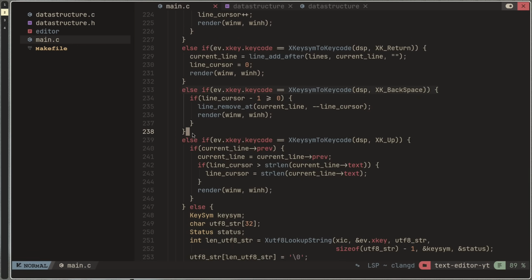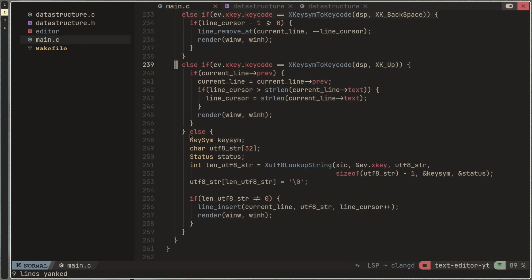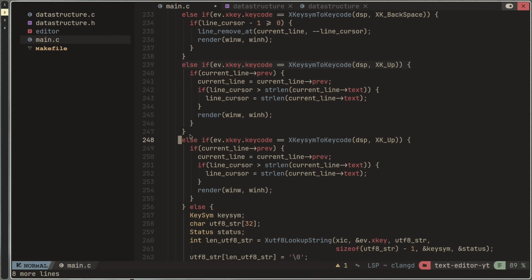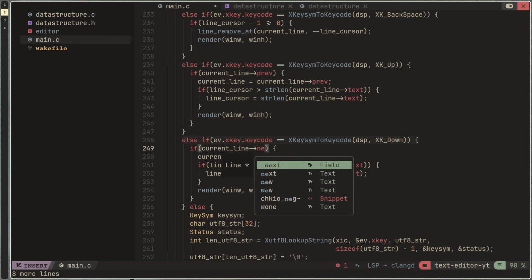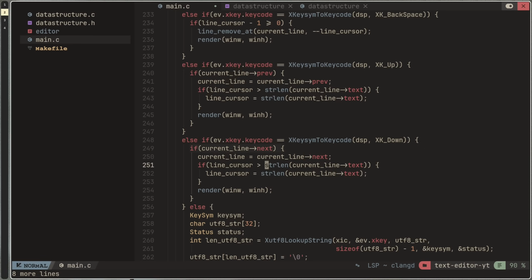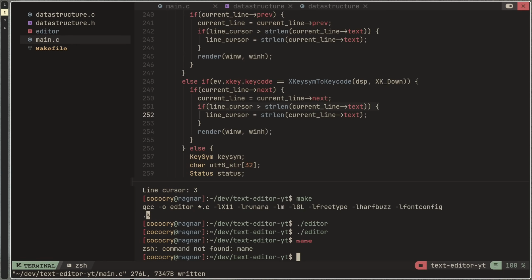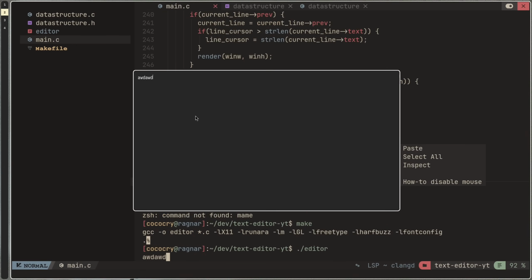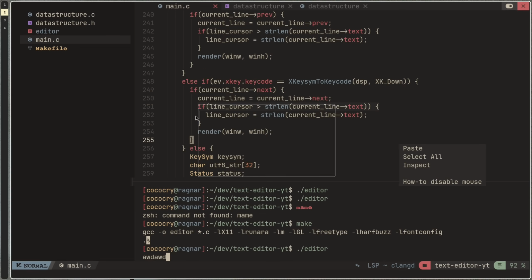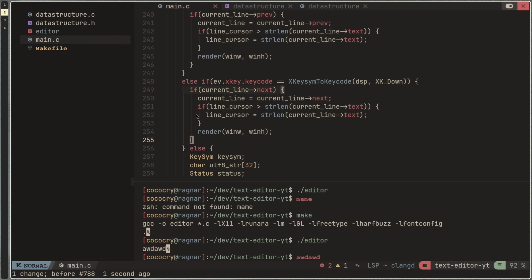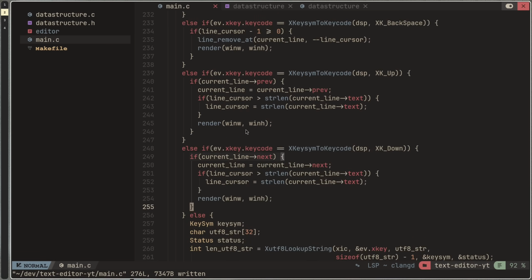So let's implement down real quick. Just copy it, and it's basically the same thing. Down is just if the next pointer is set, then we say it's next, and basically the same thing, right? So like that. Look at that, that's so cool. Right. So we can factor out